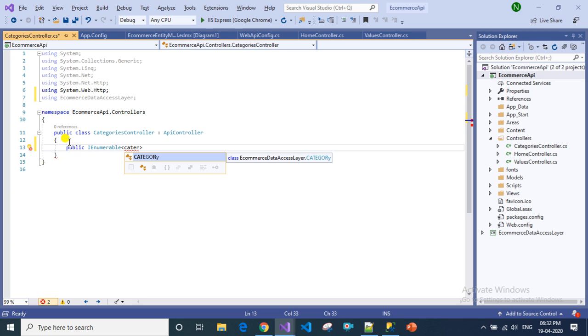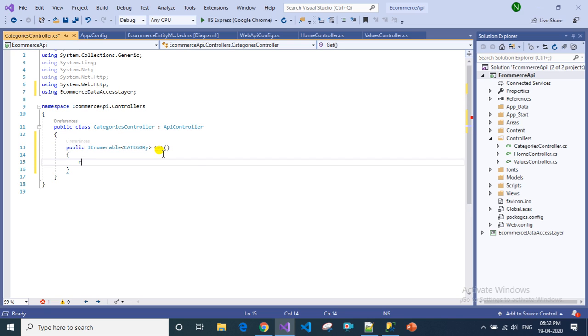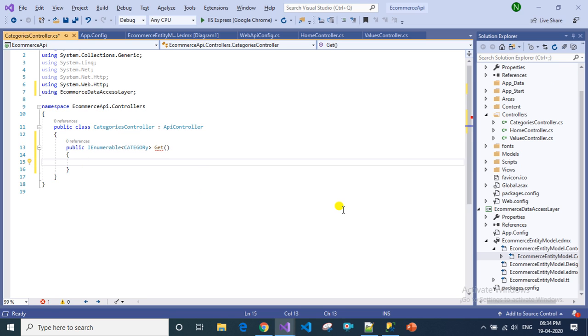This entity has been created by Entity Framework, so I have to use this. Now we have to create an instance of the DB context class.